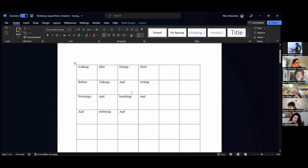slow writing, right? But here's the thing, when you're going through this, you're going to be slowly editing, and then when you work vertically, you might be like walking after eating, slow before talking. Now that might not make so much sense, right? So now you might have to choose a different word and ask yourself, how are you feeling, let's say, before talking, right? And so there are those type of words that you might even say,